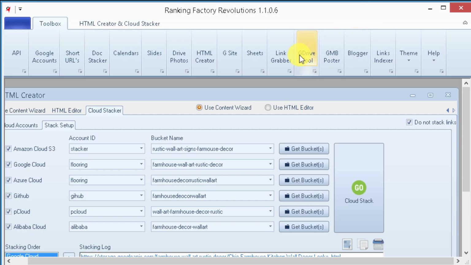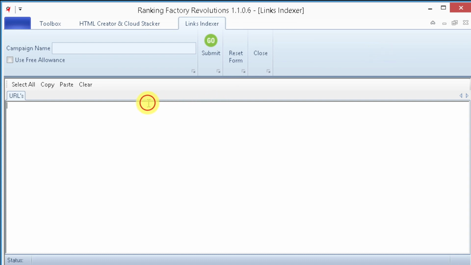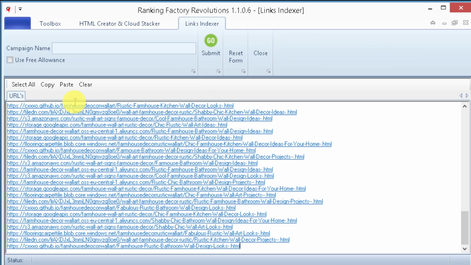There we go, toolbox, and the links indexer, because remember we get the links indexer for free. Let's drop all those links in the link indexer, use the free allowance and submit. And now what can you do with these? Put them in sheets, put them in Google Docs, put them in calendars, treat them like anything else. But you have massive